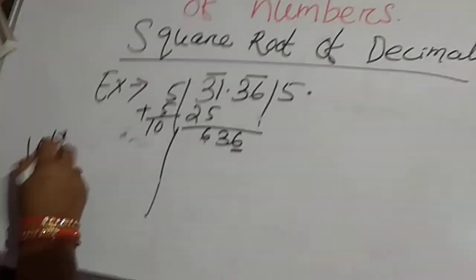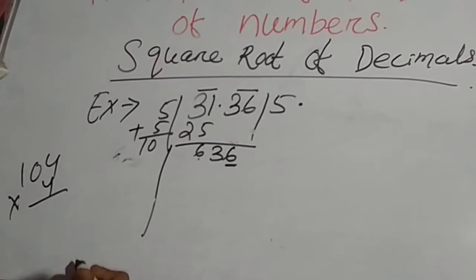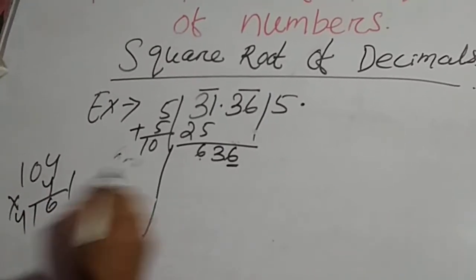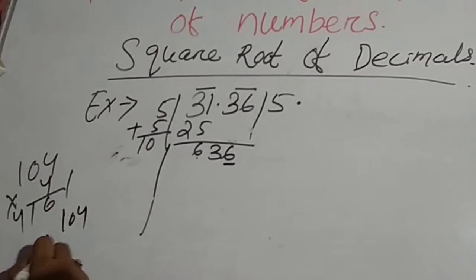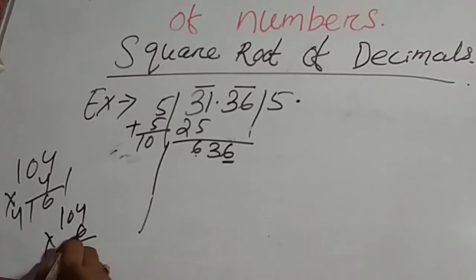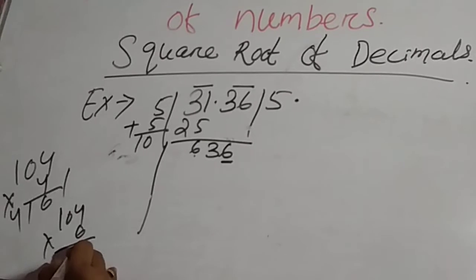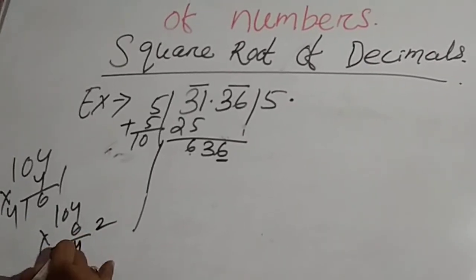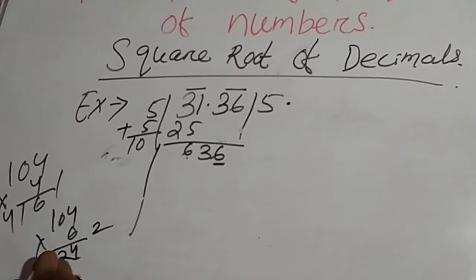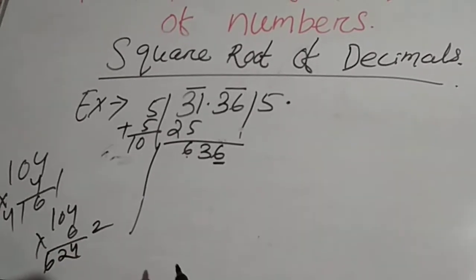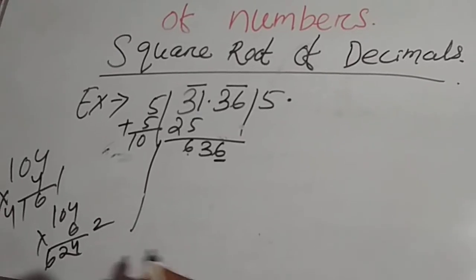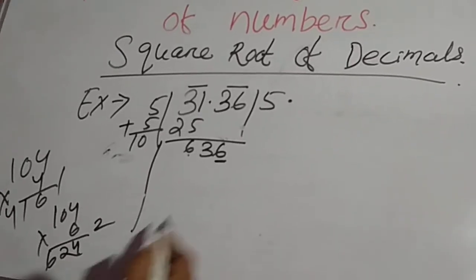So with 10 we multiply first 4. 4 4s are 16. That is very less. Then secondly we put 6. 6 4s are 24. 6 0s are 0. Again 2. Then 6 1s are 6. 624. So that is also